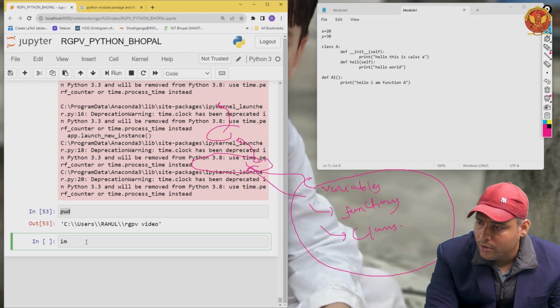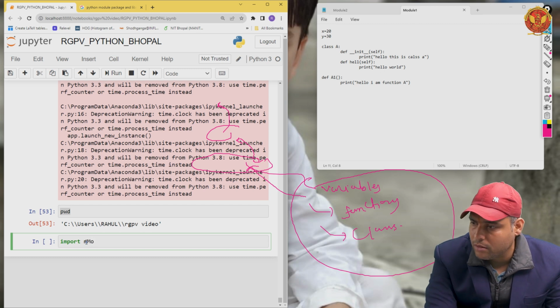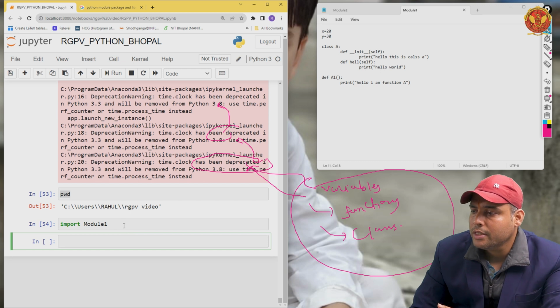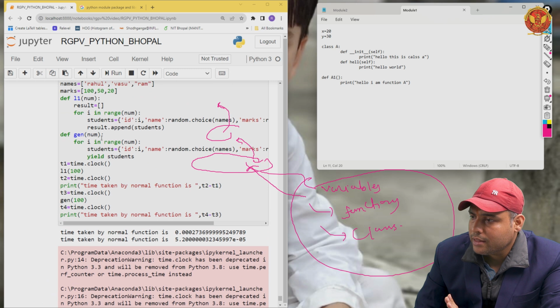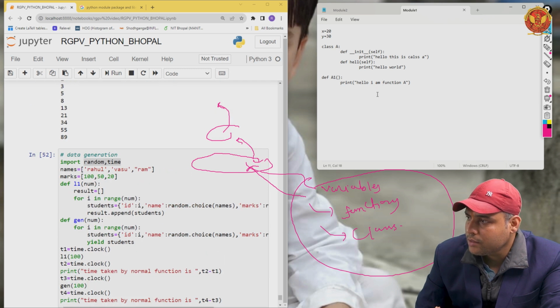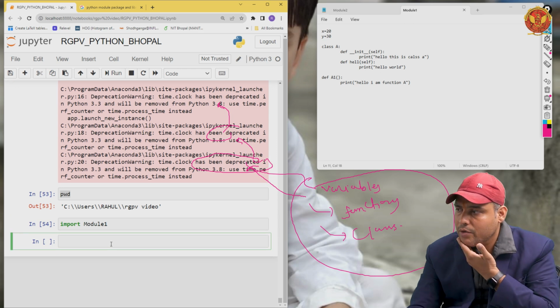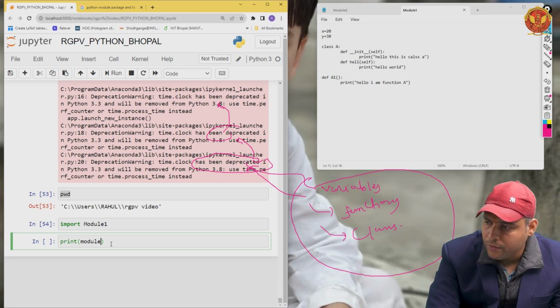तो मैं इस module को import करने की कोशिश करता हूँ, इस .py फाइल को मैं मॉड्यूल इंपोर्ट करता हूँ, that is module1. When I run this code, so can you see this? I'm not having any kind of error. It means that just like these modules, I've just defined this Python file and I could be able to access it. Let me try to print the variables of this module1,